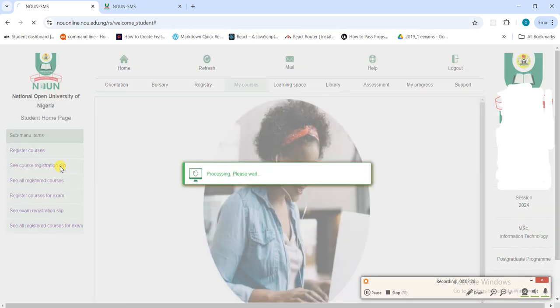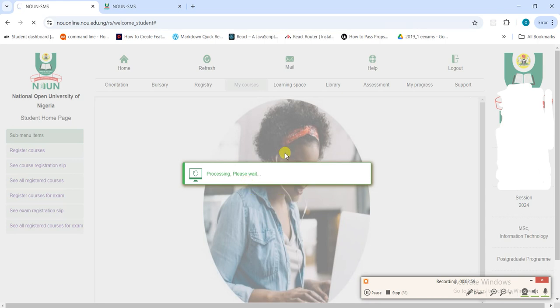You click on this, it will load the courses that you have registered for this semester and maybe previous semesters. Let it just load, and once it's loaded you will see the courses there in total. I think there is a bit of network lagging, so let us wait for it to load, so that I will show you how exactly you can